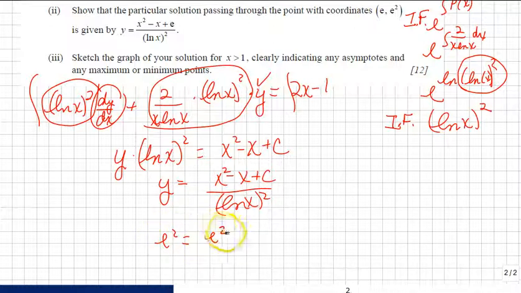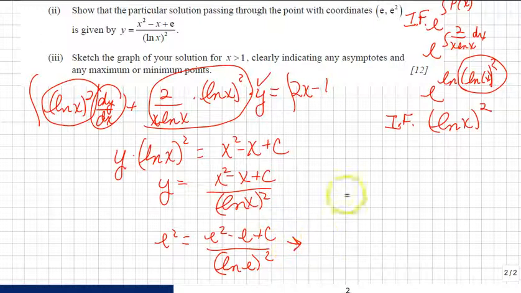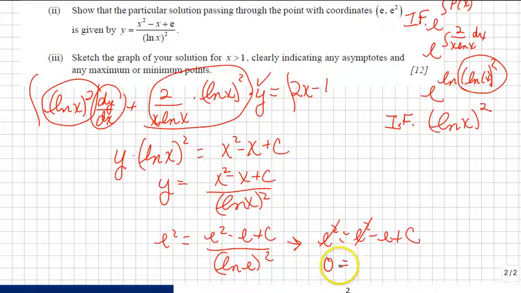So we have e squared equals e squared minus e plus c all over ln of e quantity squared. Well, the denominator, ln of e is 1, squared is 1, so this becomes e squared equals e squared minus e plus c. The e squareds cancel on both sides, so we have 0 equals negative e plus c,